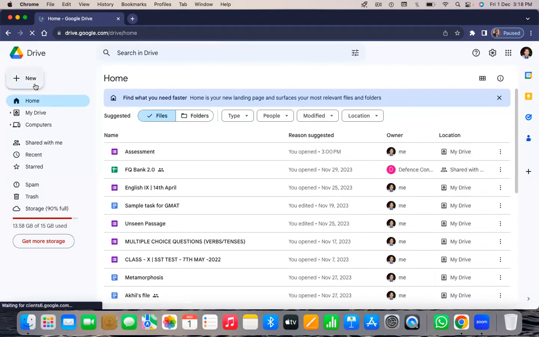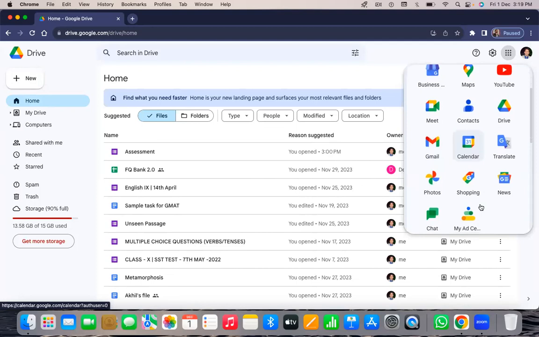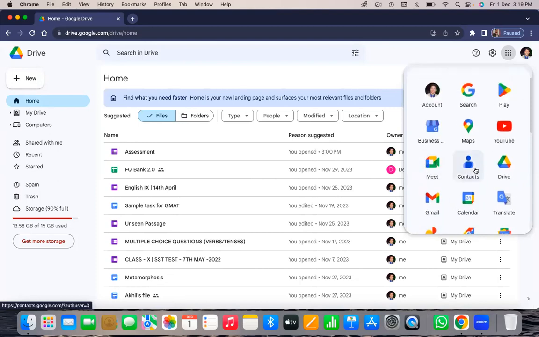So you can easily find in this particular profile account, search, play, business, maps, YouTube, Meet, contact, and Google Drive, Gmail, calendar, and other things also. Google Photos, shopping, news, charts, and other things you will find. And this one is called Google Drive, where you will find all kinds of details